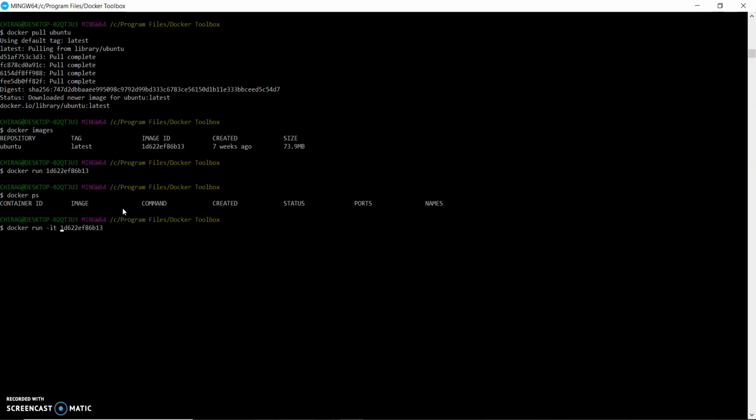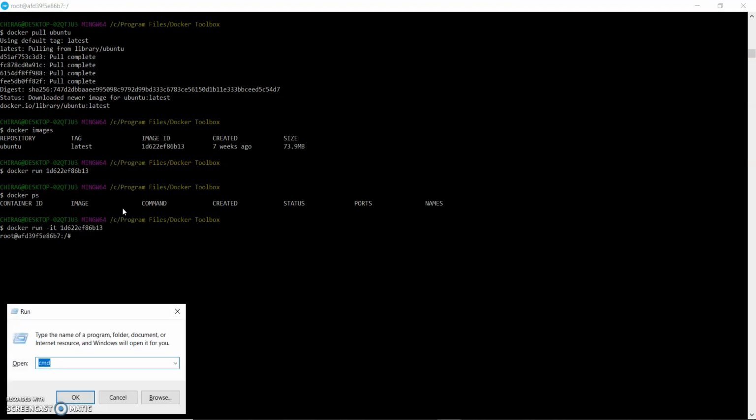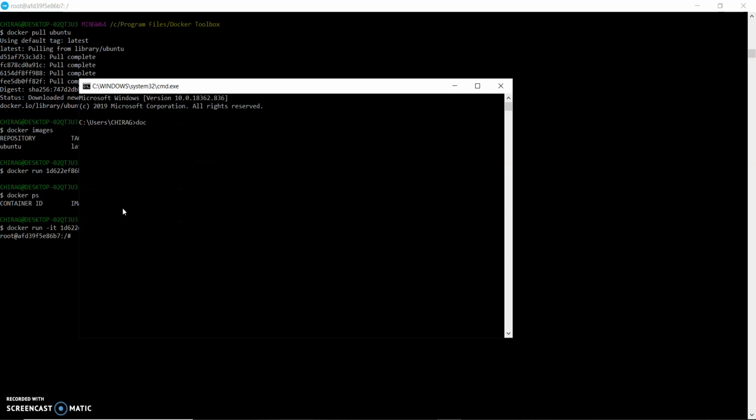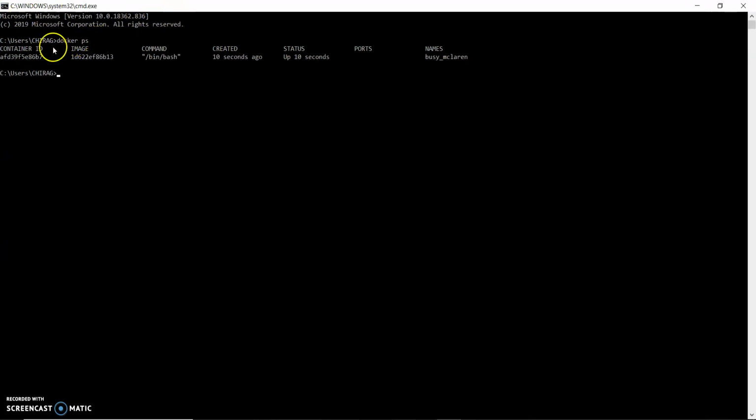I am taking this so that I can interact with this same console. Now I will open another command prompt and see whether the container is running or not. So you can see a container is running. By using docker ps, we can see the containers which are running, right? So you can see one container is running currently.